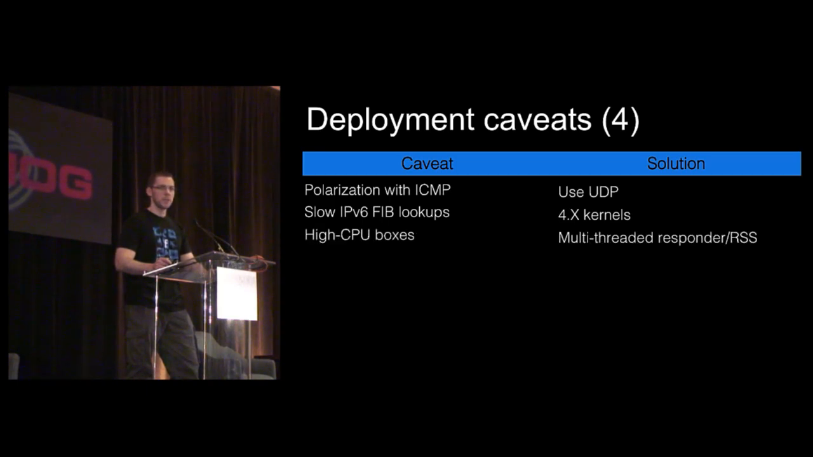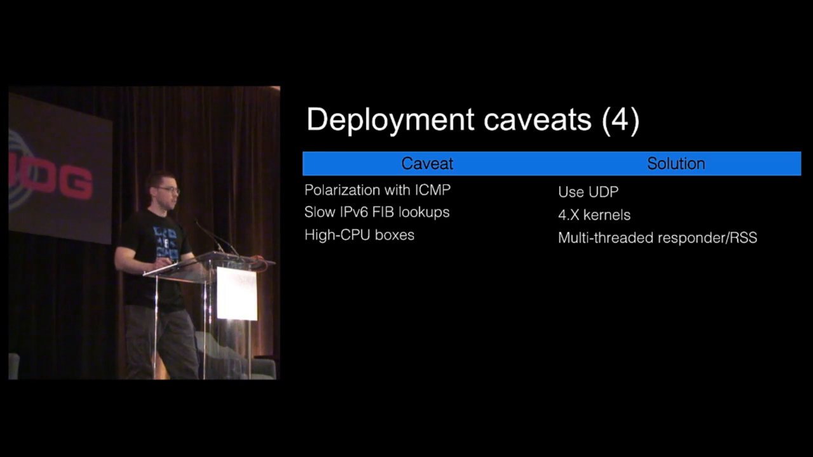The high CPU boxes, which we have a lot of, especially in Hadoop clusters, used to cause lots of pain because the responder used to drop packets because of high load. However, a very simple fix in the responder, specifically using multiple threads and pinning them to the RSS CPUs, practically removed